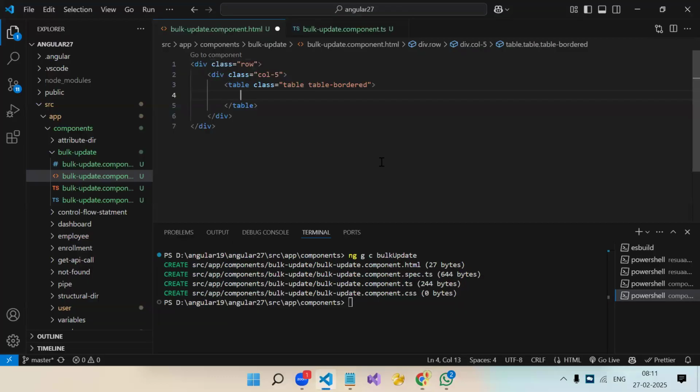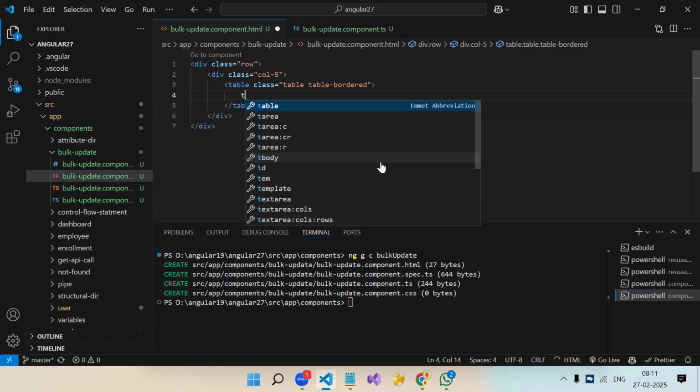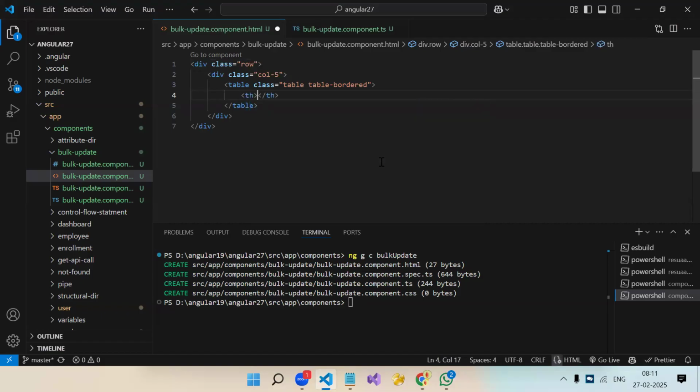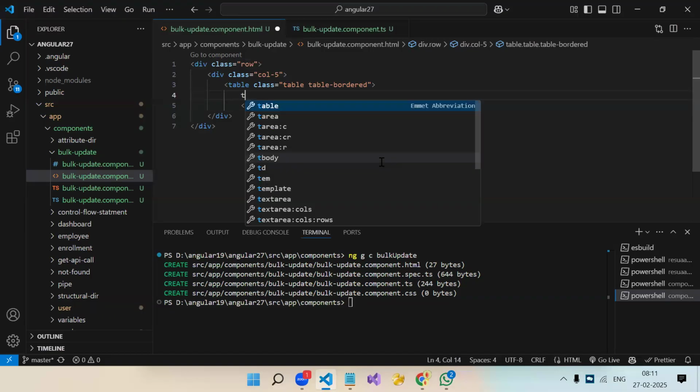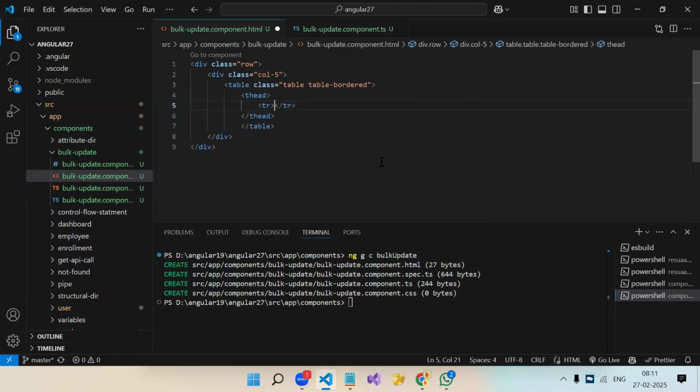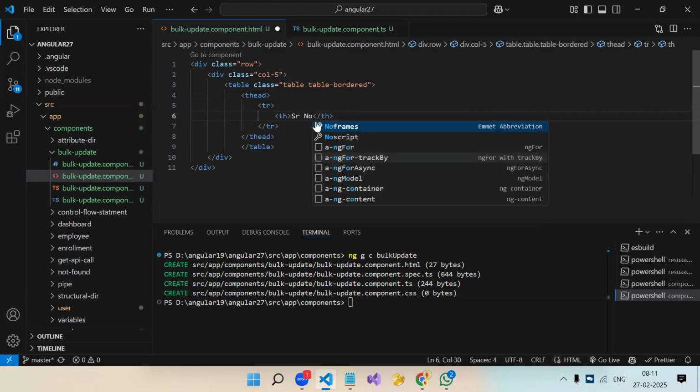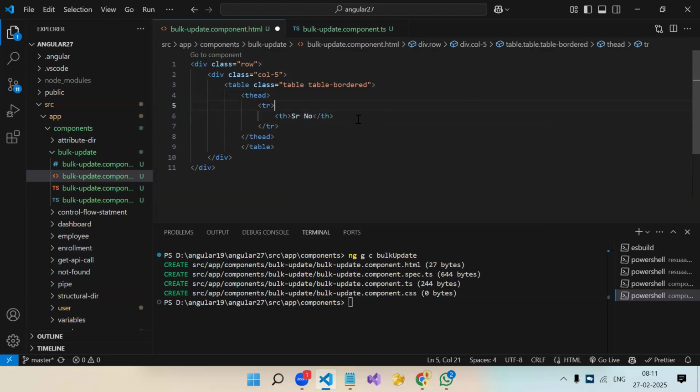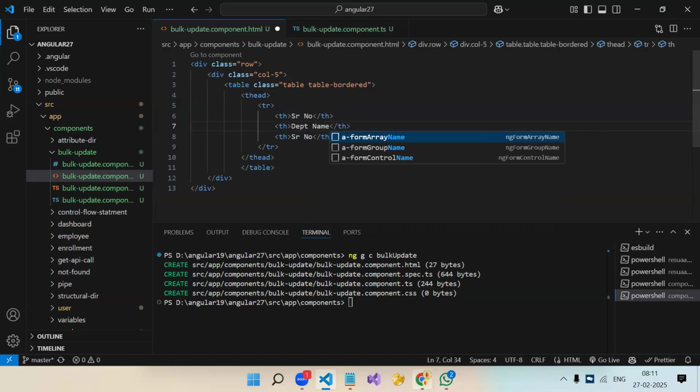Fine. So here we will have our thead, tr, th: serial number, our department name, and what do we have? Logo.